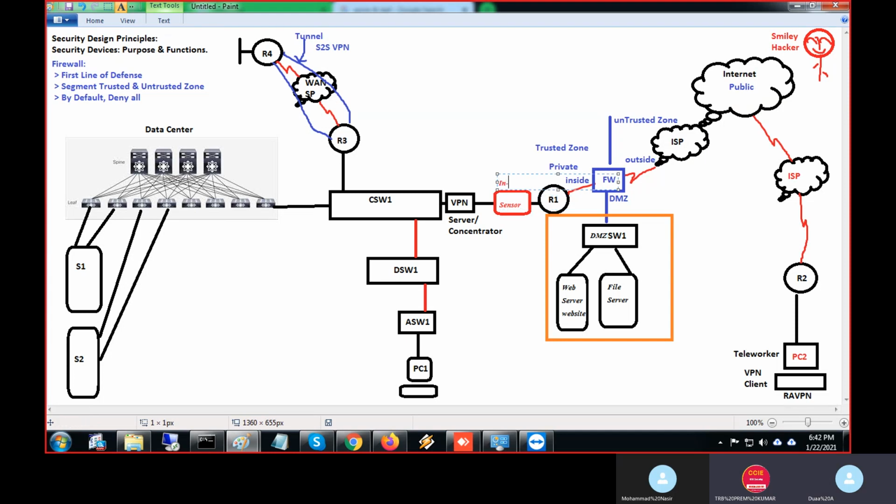Is this also a part of firewall? No, see, it's all function. Firewall, router, IDS, IPS, everything can be one box. I told you yesterday, remember? Router, switch, firewall, IDS, IPS, everything can be one box, with so many extra functions. But we also have dedicated boxes available.